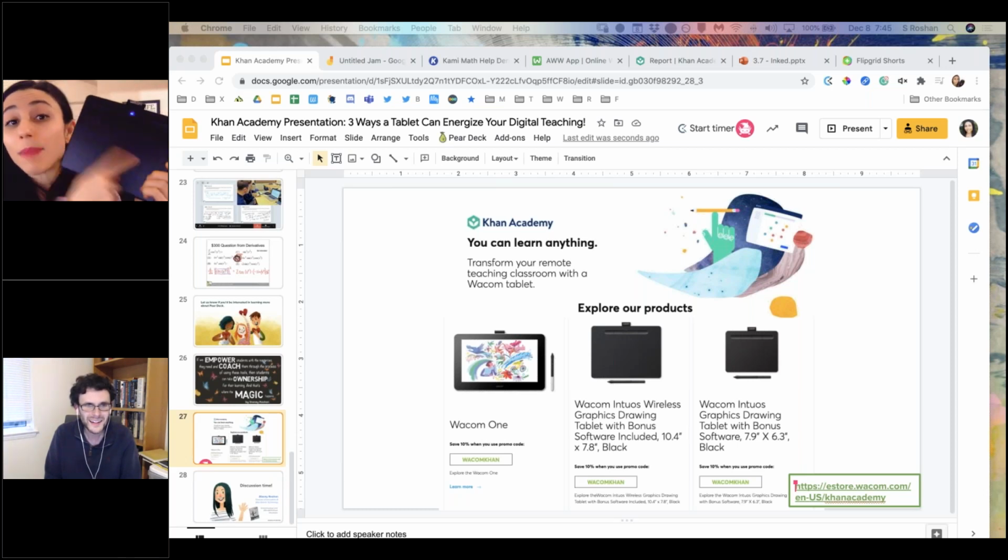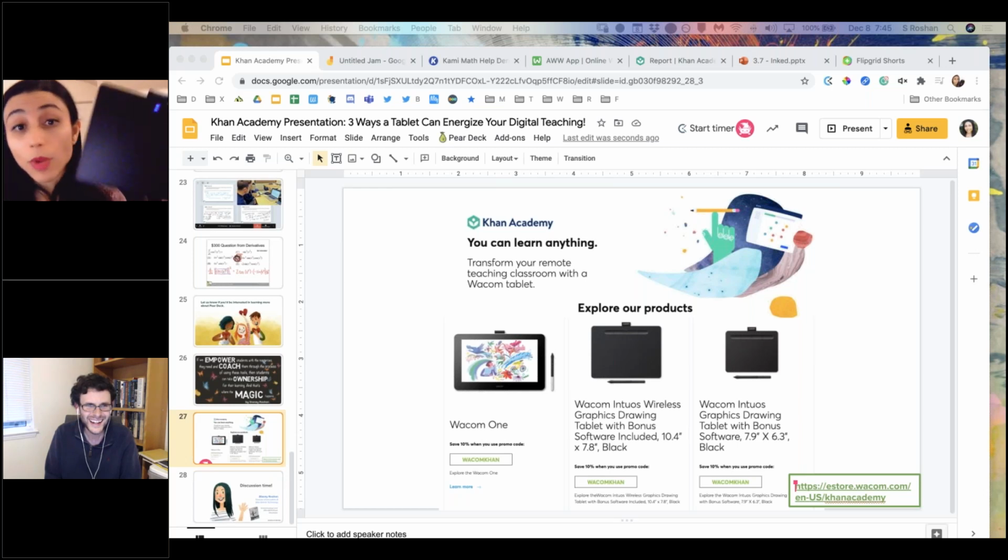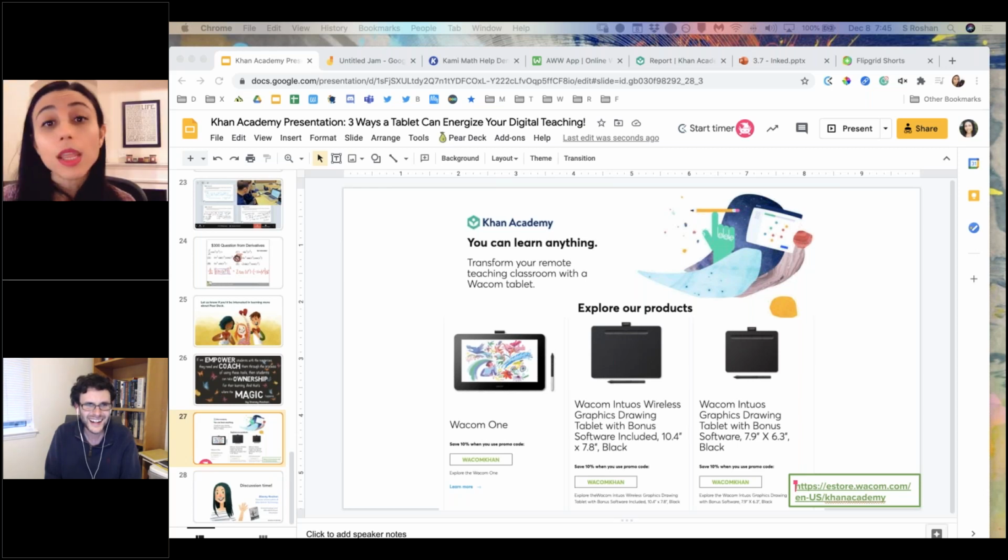I don't see my screen. I have to look up at my screen to see where I'm writing. So you might be thinking this is so difficult. Here's what I found. My students all have one of these. I have a classroom set of these. It takes about a month. So the first time they use it, they're like, what is this thing? How am I supposed to write with this?